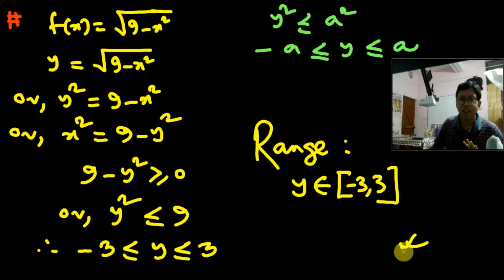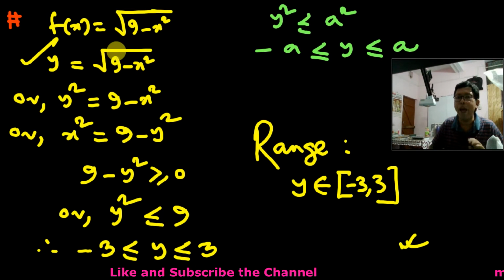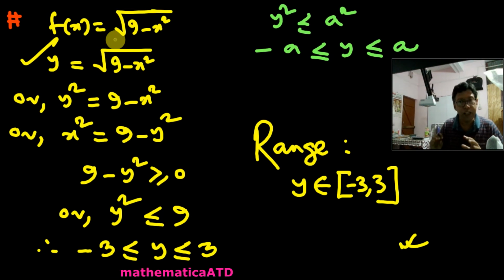But the game is not completed here. There is also a twist. I have written the range as y belonging to minus 3 to plus 3, but did you check whether these values of y will be accepted? No, because just observe carefully what the question was. y is equal to root over 9 minus x². That means y will always be non-negative, because the square root of any number is non-negative. So you cannot take any negative value.